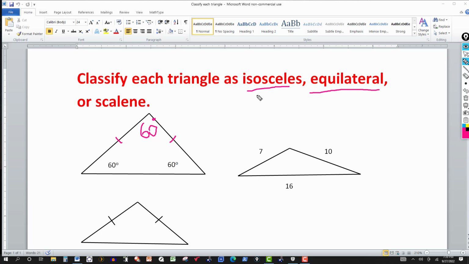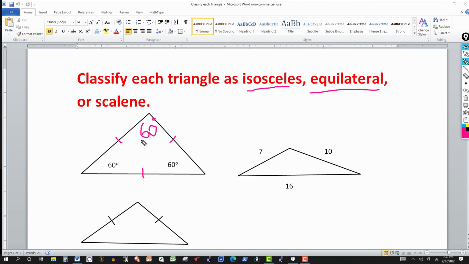Can we say it's isosceles? Yeah, we can. Isosceles simply means at least two of the sides are congruent or have the same measure. But more specific, all three have it because all three angles have the same measure. So I would go with equilateral here, or you can go with isosceles and equilateral